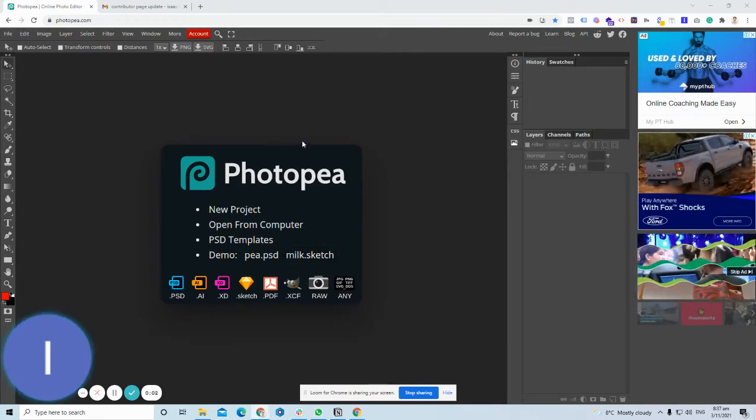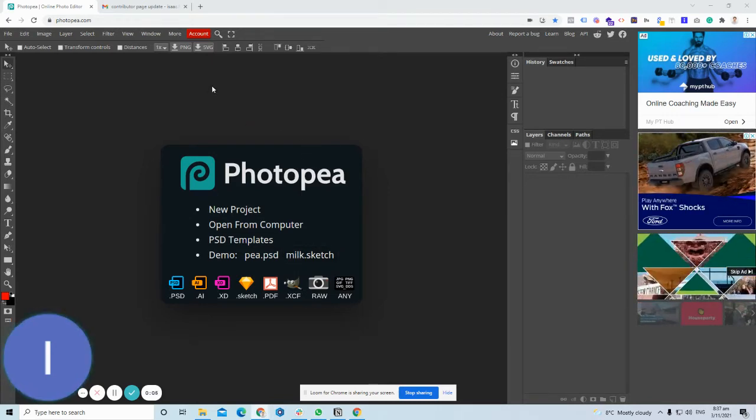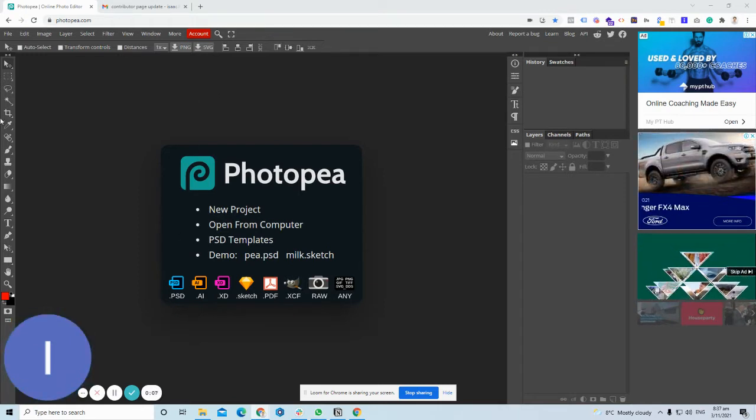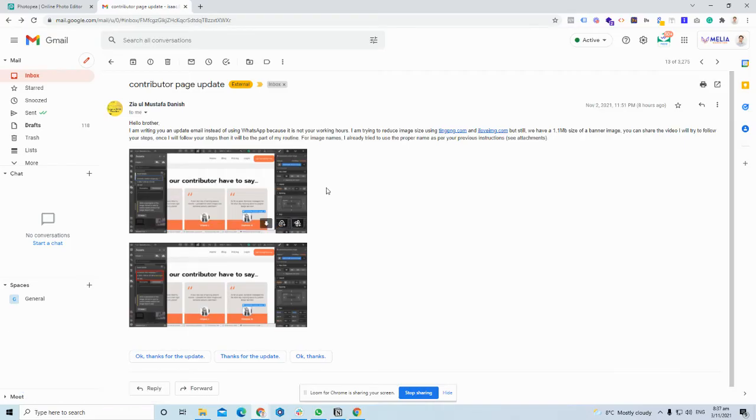Oh, hey man. So I'm going to show you how you can easily optimize images for web. From what I can see from your screenshot,